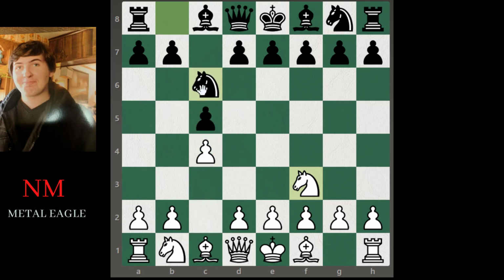You see black does the same thing as you did. Centralized control, not knight a6, which was not doing anything. So knight c3, doing the same thing, just a centralized knight. e5,